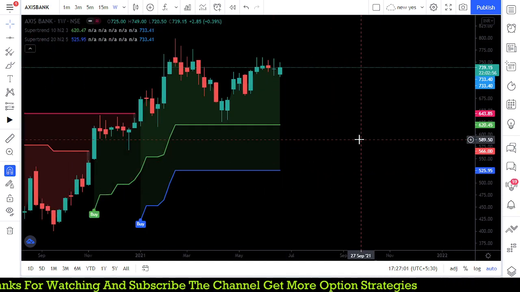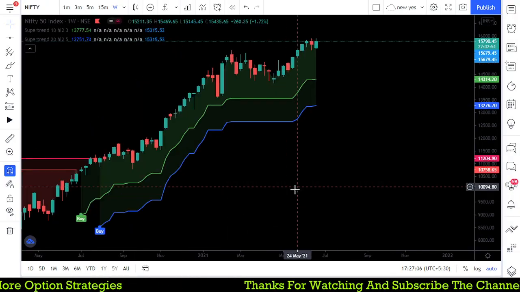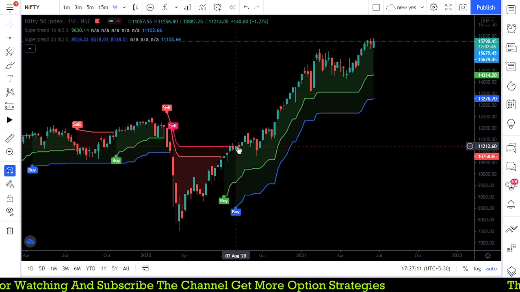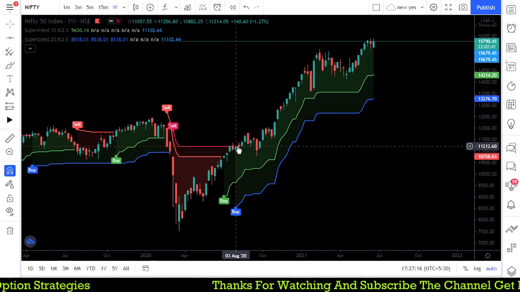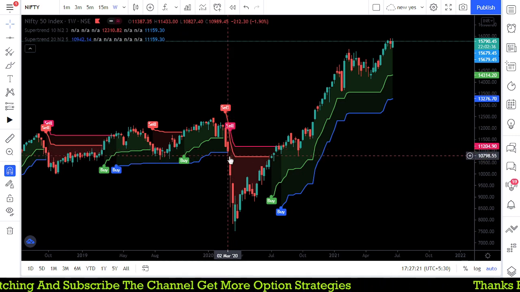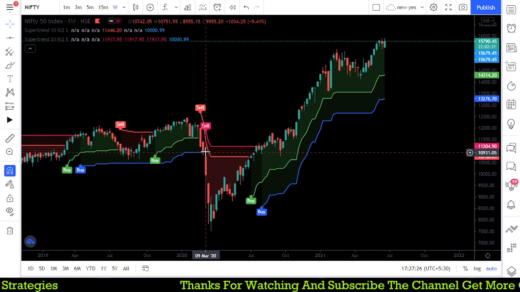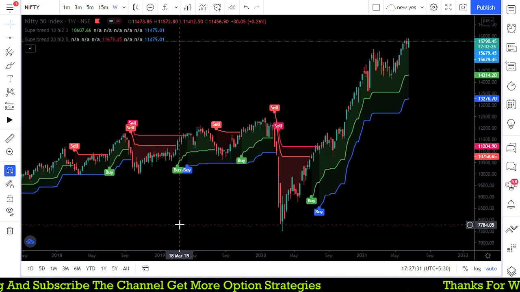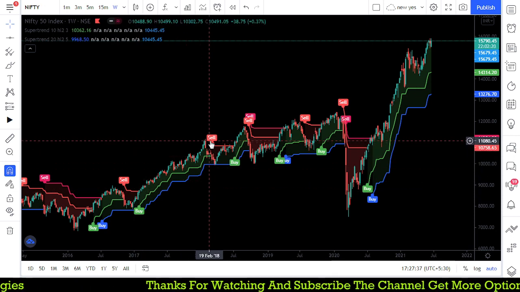I'll show some option selling strategies too using this indicator. For example, Nifty also gave a signal over here at almost 11,200, and now it is 15,700. So a great move. And this is the Corona effect, 10,000 to 7,000, but we are not able to sell and hold for the long term, so we are trying to focus on a buy and hold strategy. Here around 2017 it is around 8,000, from 8,000 to 11,000.